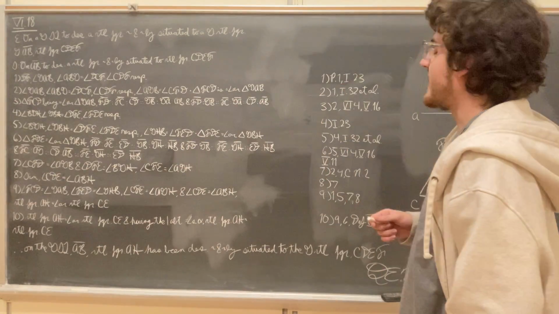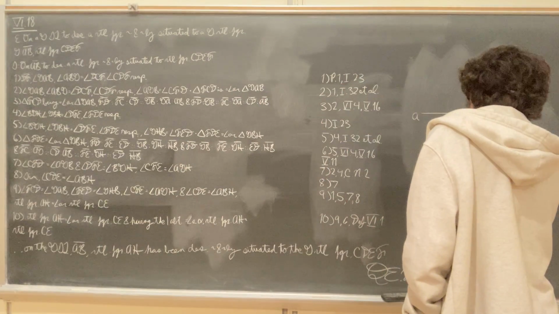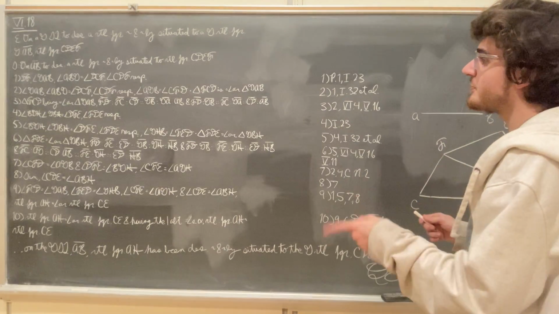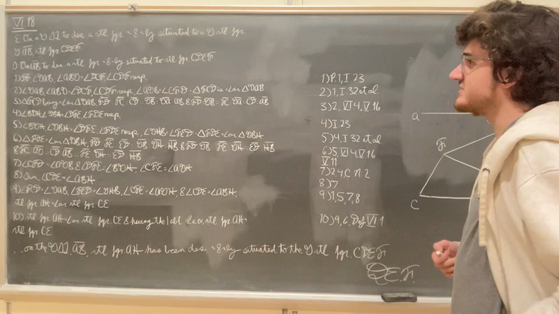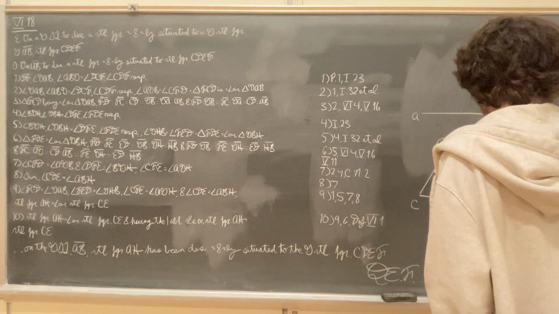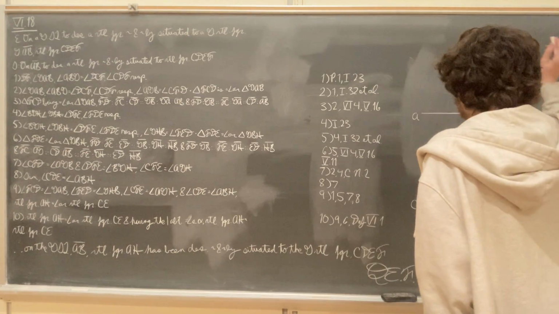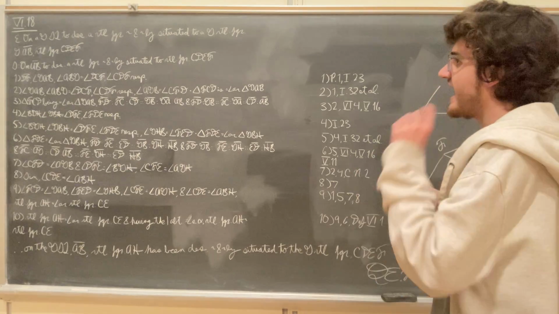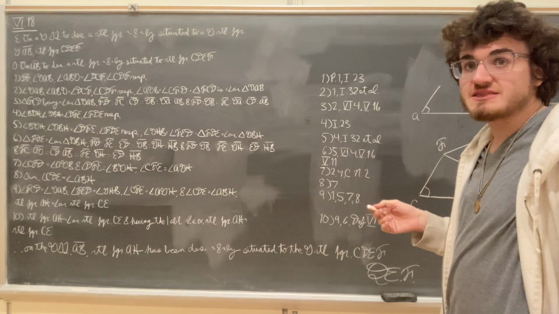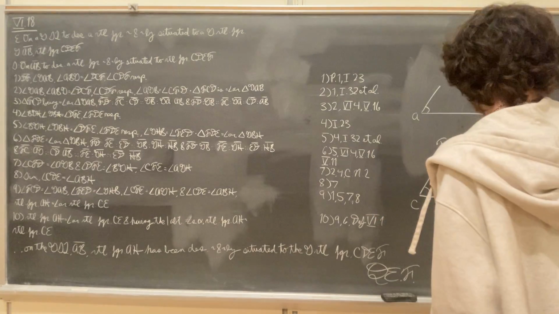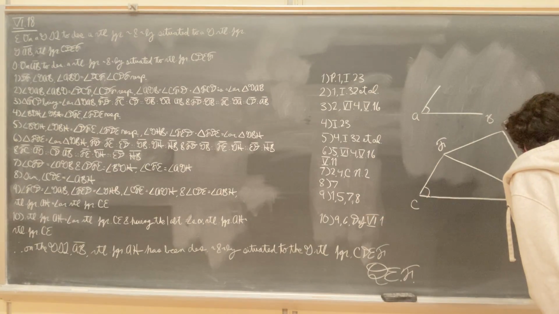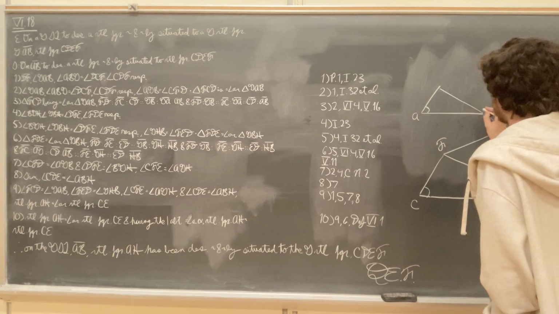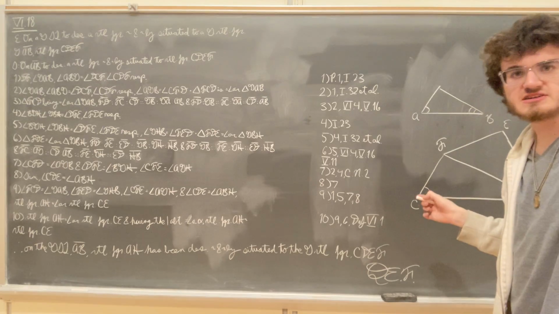We're going to begin by joining the straight line DF by postulate 1. Next, at the point A, we're going to make the angle GAB equal to DCF. And at the point B, we are going to make the angle ABG equal to CDF. So we're going to do that by